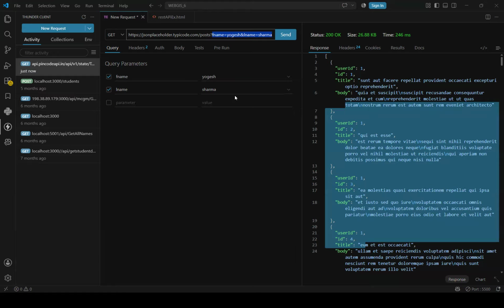Anyone have any question, any doubt, feel free to ask. क्लियर है सभी को? What is the query string parameter? What is the use of the query string parameter? Yes, sir. ठीक है।